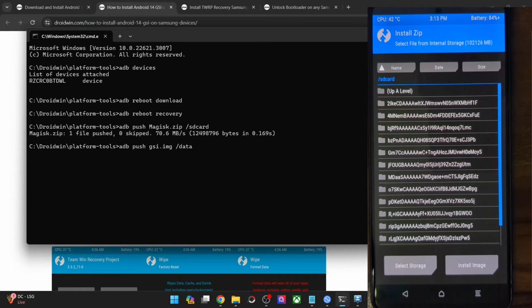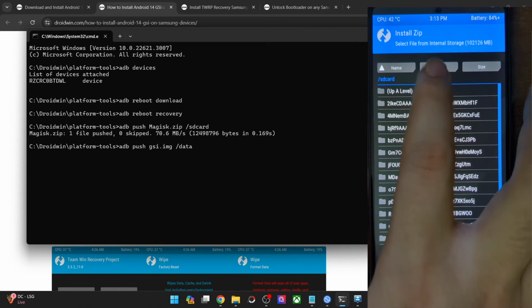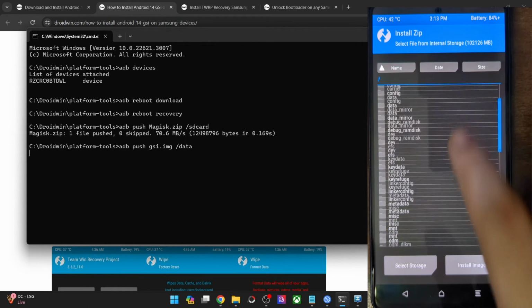stock firmware, the decryption does not work, the decryption will only work on a custom firmware. So until and unless I am on a stock firmware, there will be encryption issue. So there is no need for doing a format data, because after every reboot I will face this issue. So a much better approach is to simply transfer the file to any other partition. You may transfer to any other partition of your choice.